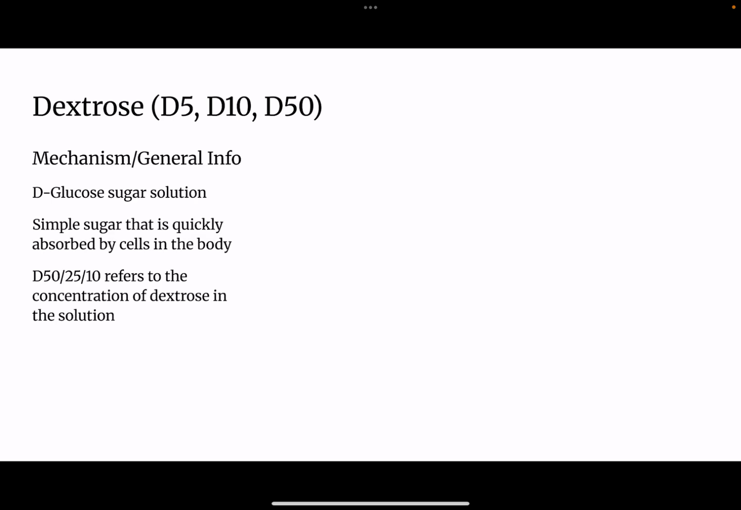All right, so for the next video, I'm going to go through dextrose and glucagon, just because both of them are related to hypoglycemia, and they have pretty similar functions. So first off, we'll go through dextrose, in parentheses D5, D10, and D50, which is used for the relative concentrations